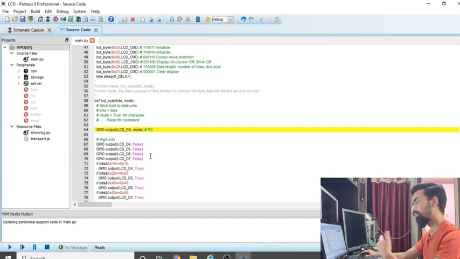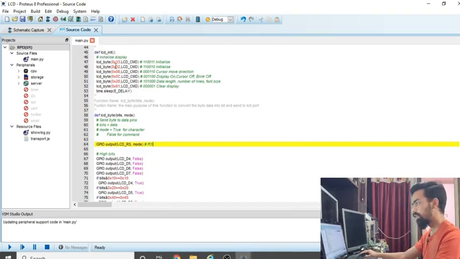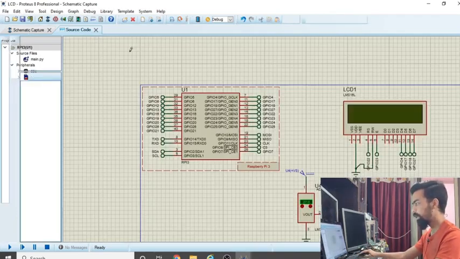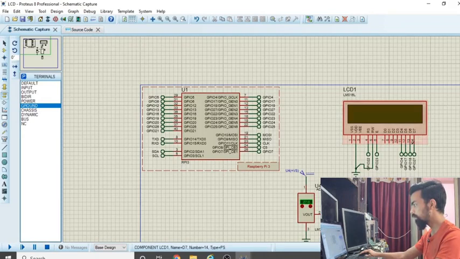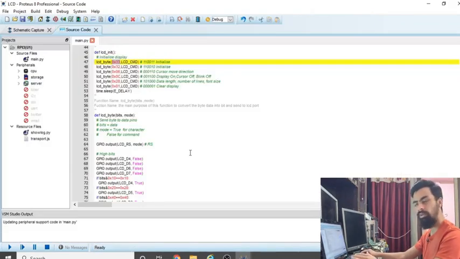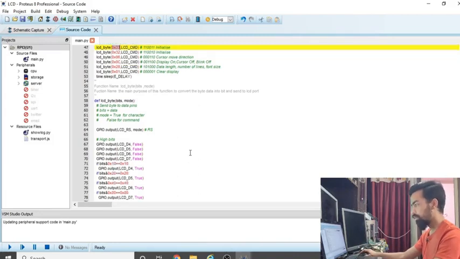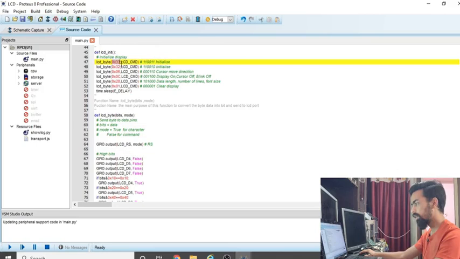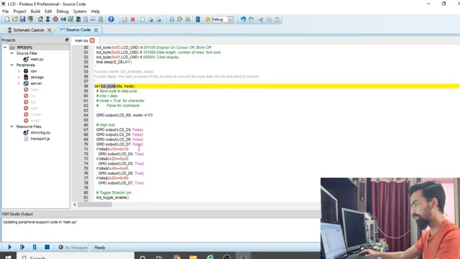Then after that we have to send the data. The data is 8 bits, but in our schematic we use 4 pins. So we have to segregate our data into 4 bits, and for that we use another logic. Once this 0x33 is sent to lcd_byte, it comes here.